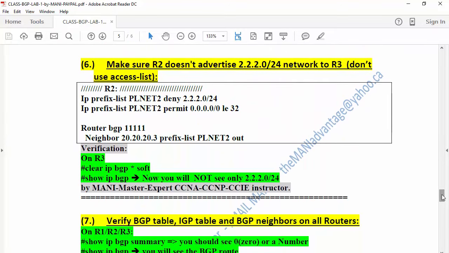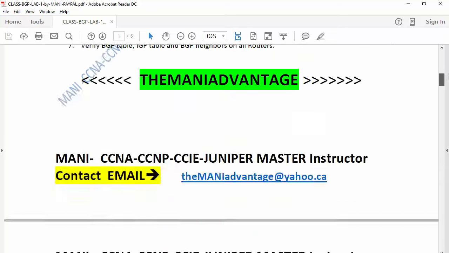Number 6, it is denying the route as well as permitting everything. So in the prefix list, 0.0.0.0/0 le 32 is called any route. Then we are going to, so guys, again, this lab I'm going to do from scratch right now,